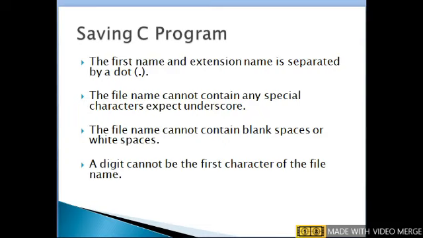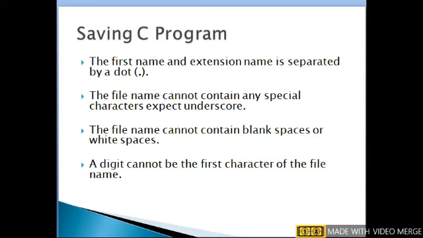The file name cannot contain any special characters except underscore. The file name cannot contain blank spaces or white spaces. A digit cannot be the first character of the file name. You must remember these three points while you are saving a C program.